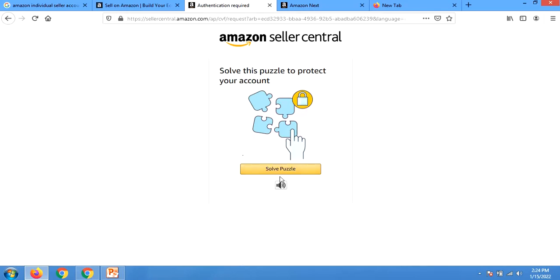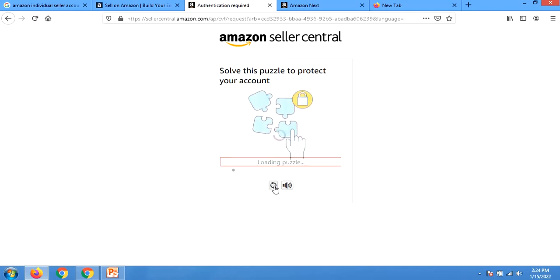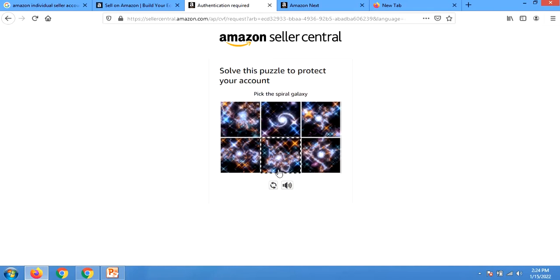So you have to solve this game. You can even change it. You solve this puzzle to protect your account. Pick the spiral galaxy. You can put the spiral galaxy.